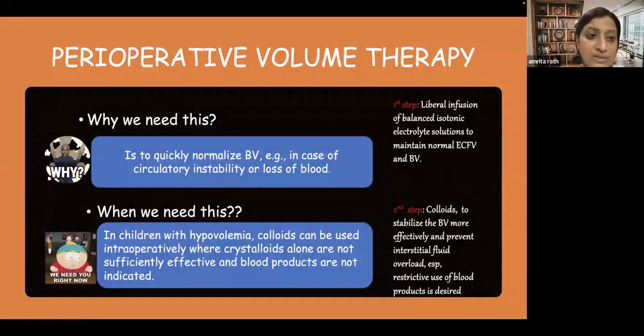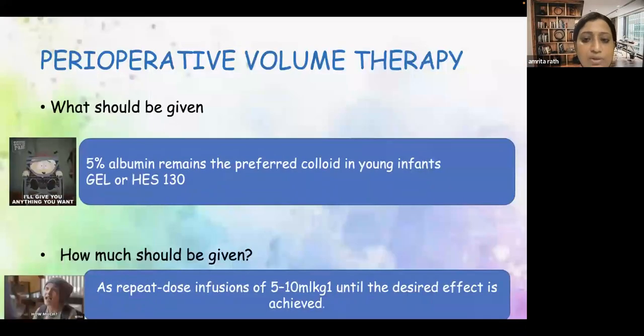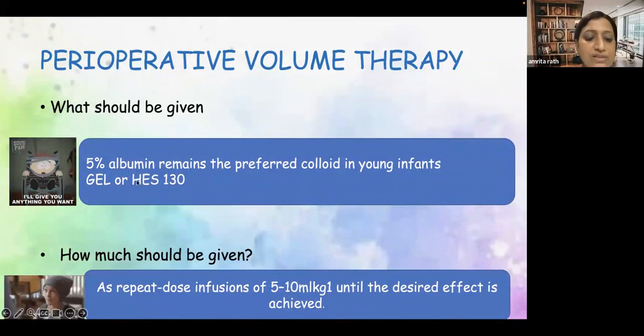Here in the blood therapy, if there is a blood loss, do you wish to give colloid? The answer is no. You should not give. Try to replace the blood with blood. If at all blood is not available, that is unexpected blood loss, then you replace with colloid till the blood comes. And if at all you want to give, the best thing is to give 5% or 4.5% albumin. If this is not present in your OT, then you go for a higher generation starch of 150.